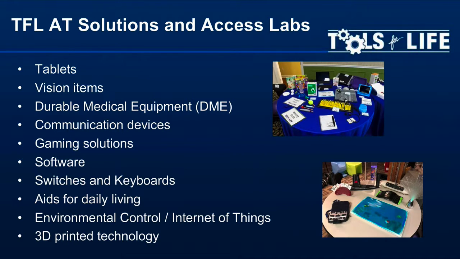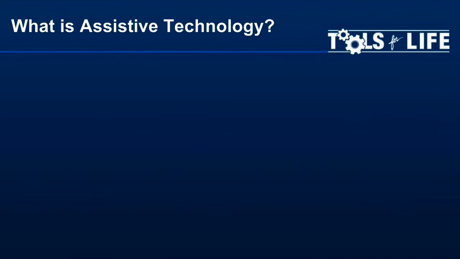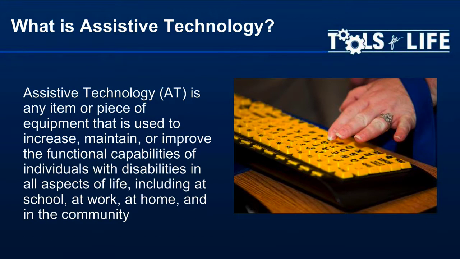We have items for people who have vision-related disabilities, learning disabilities, cognitive-related disabilities, a lot when it comes to communication devices, some really cool solutions when it comes to adaptations and modifications for the workplace, whether it's looking at environmentally and ergonomically